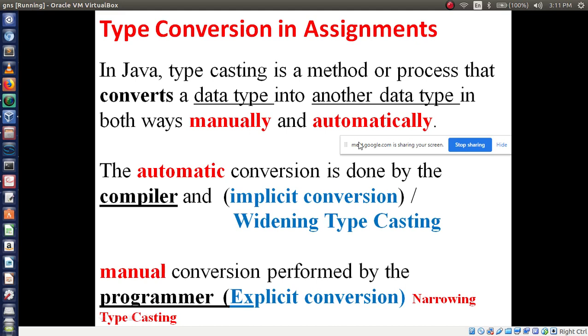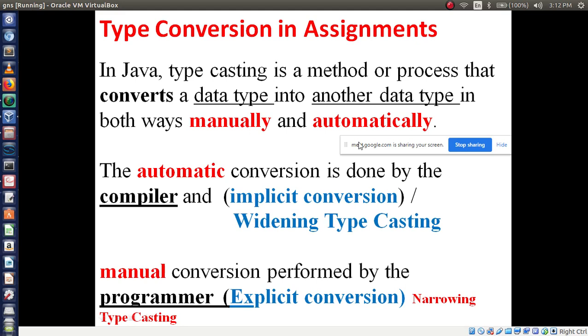Type means the different data types. It converts one data type into another data type. Conversion means converting one data type into another data type.